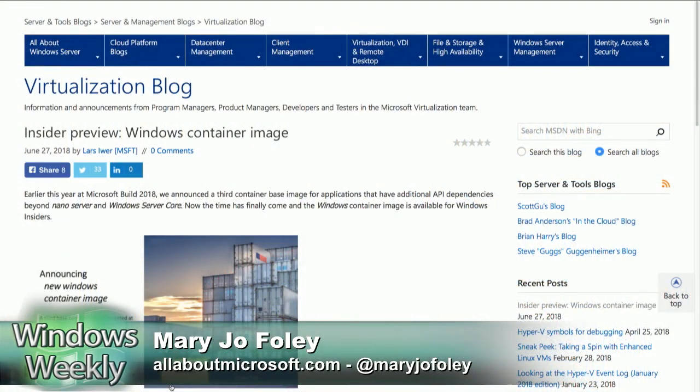This Enterprise Pick 2 is about a new container-based image that's coming to the next version of Windows Server. Microsoft dropped this hint a while ago, saying, we've got Nano Server, we've got Windows Server Core, but we're going to have another container image coming to Windows Server. I called them and asked, what is it? Well, we're not going to tell you. But today they told us, and what it is is just plain Windows container image.